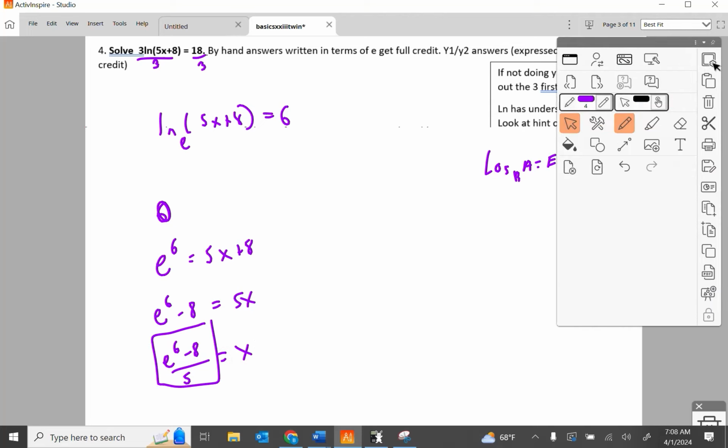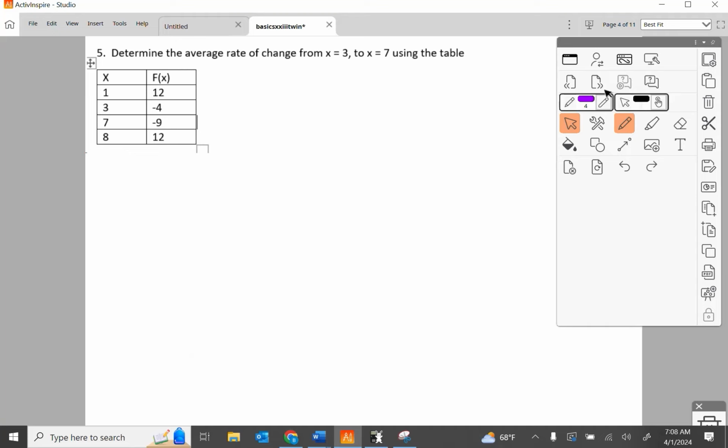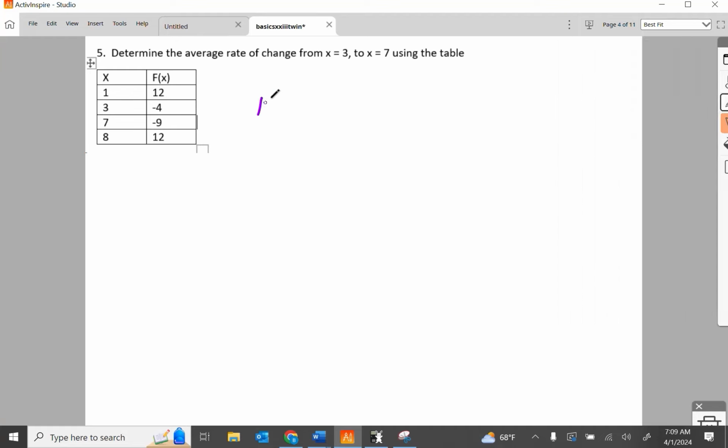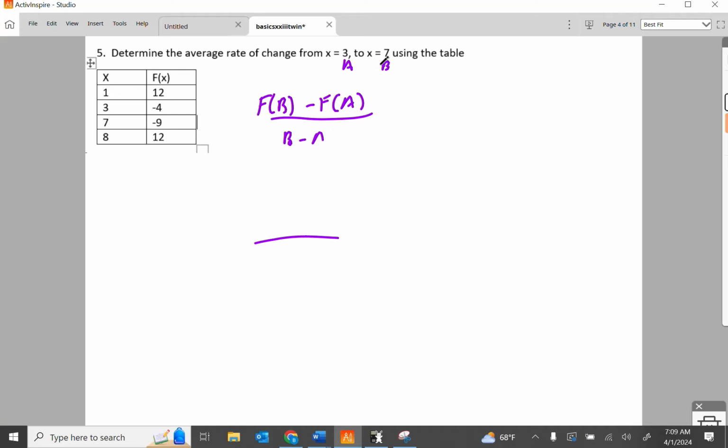I'm not even going to mess with y1, y2 on this video. Determine the average rate of change from x equals 3 to x equals 7 using a table. Anyways, using a table. The formula for this is f of b minus f of a, over b minus a. And here's where I get a, and here's where I get b. So the bottom is going to be 7 minus 3, and do the bottom first because then you can do